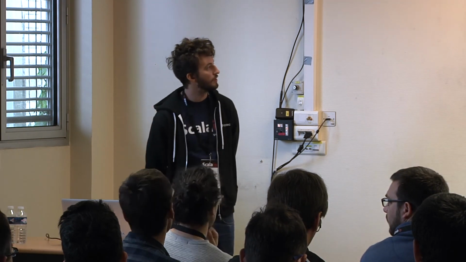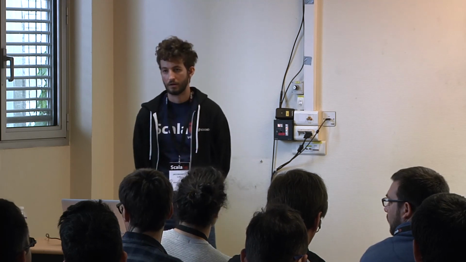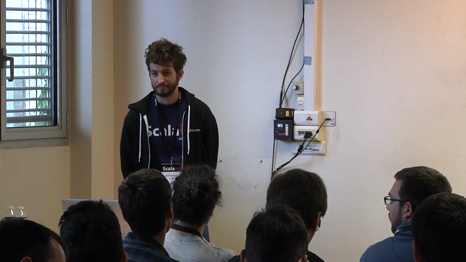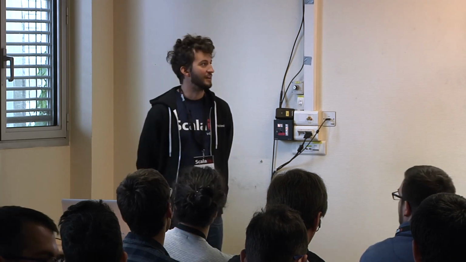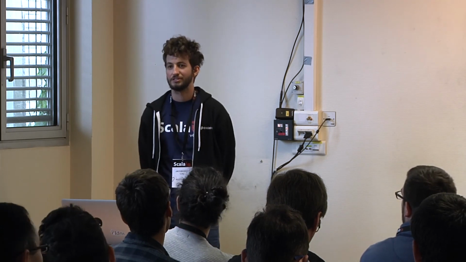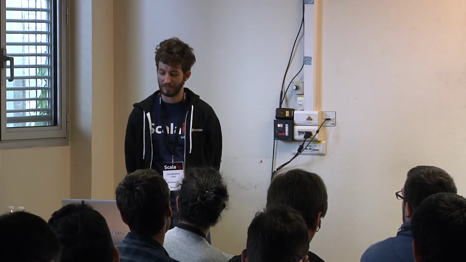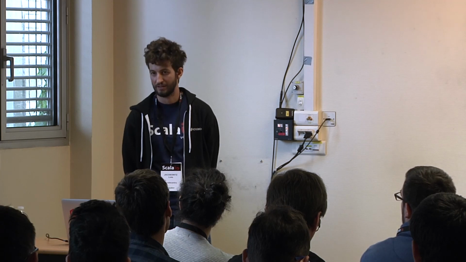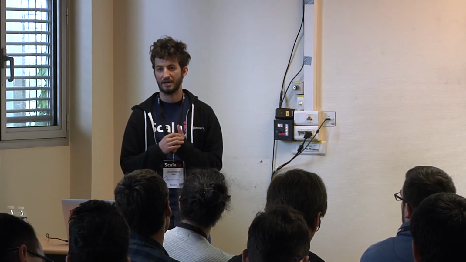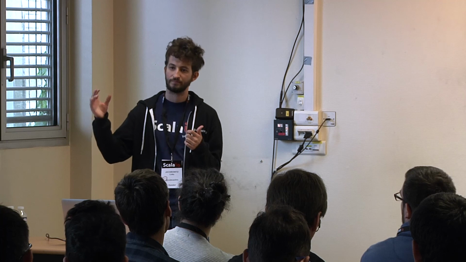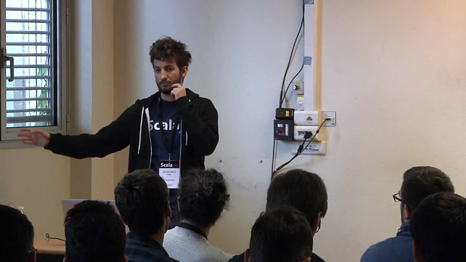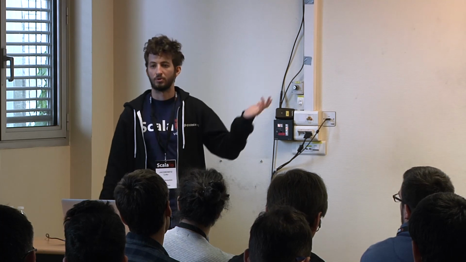Sure. In this particular example, you do localStorage getItem, so it's supposed to return an IO. Yes. That possibility is always a Future, and then it starts having a problem. Yes. So the problem with Future is that it is not referentially transparent. But for example, Cats Effect and Monix, and I think FS2 as well, they all define methods that allow you to convert a function that returns a Future